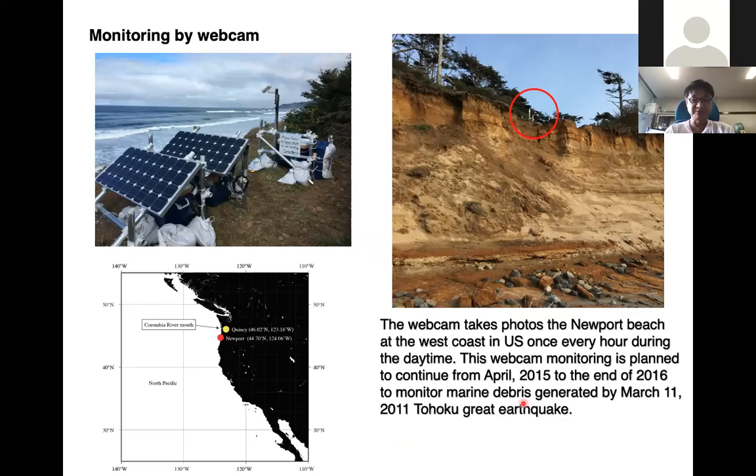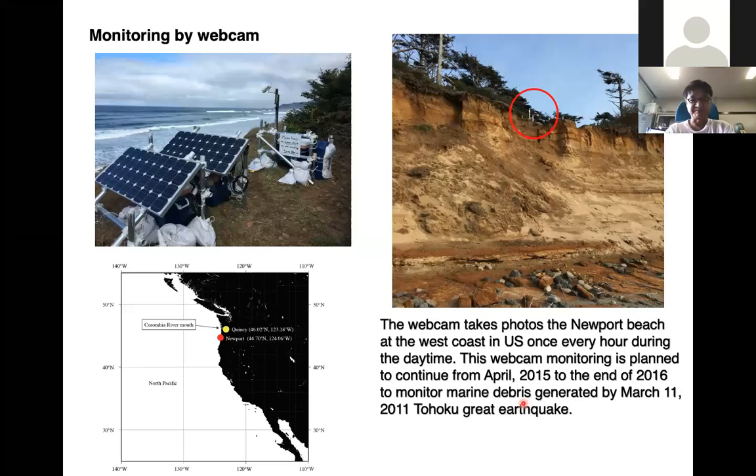A huge amount of marine debris was generated in this tragedy, and thereafter this debris washed ashore on the beaches of the United States and Canadian coast. This may carry invasive species to these beaches, so monitoring the marine debris was a very important project for researchers in the United States,